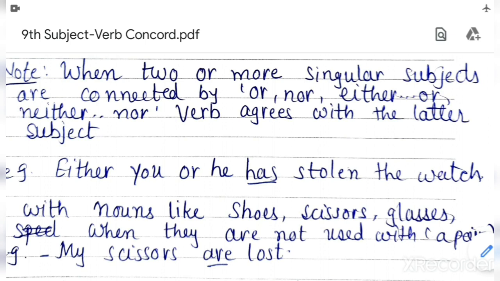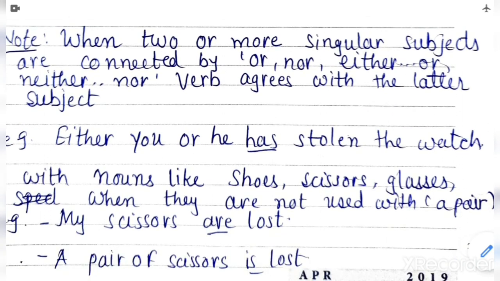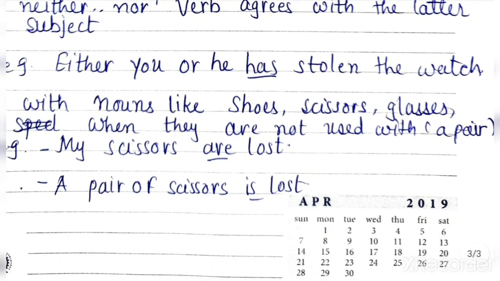When two or more singular subjects are connected by or, nor, either-or, neither-nor, the verb agrees with the latter subject. Okay. Next one is